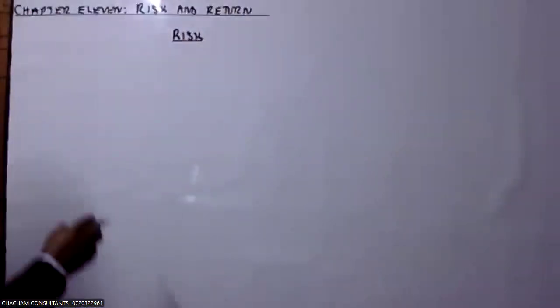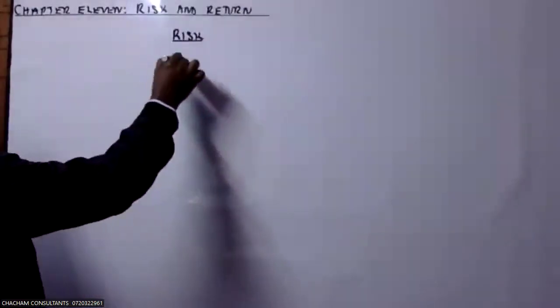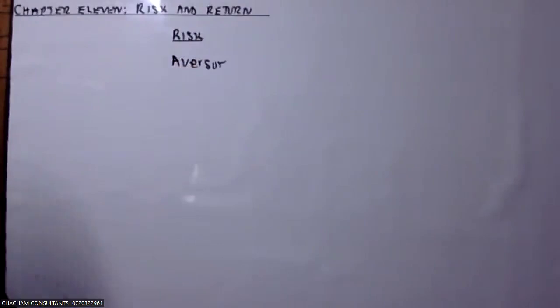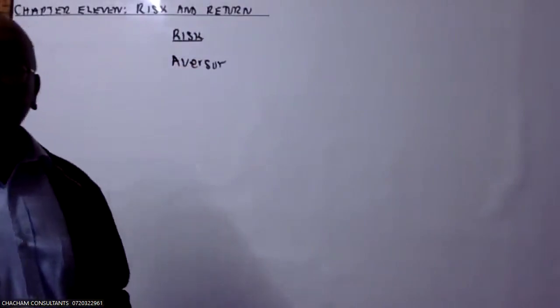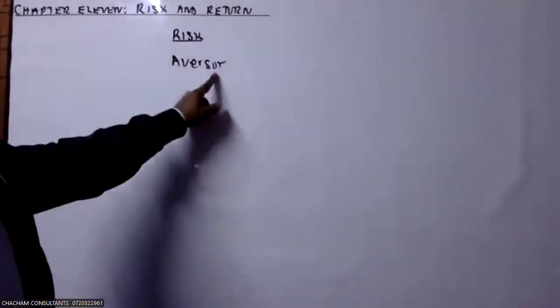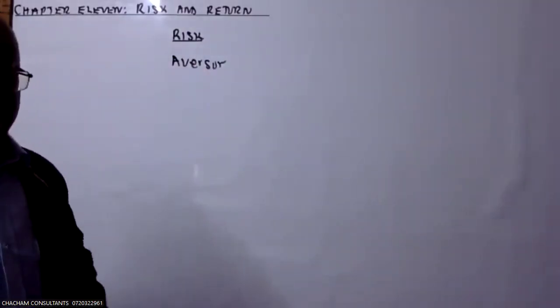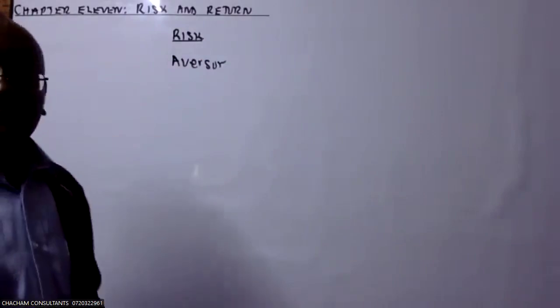Number three, risk averse. Averse, unaweza andika O hapa ama E, depending on whether you're using the British or American English. Risk averse. And we write that